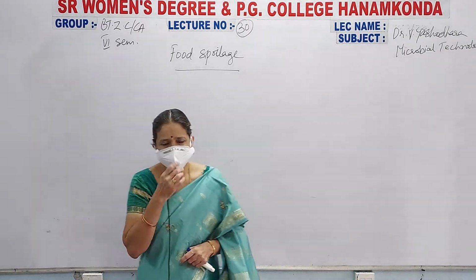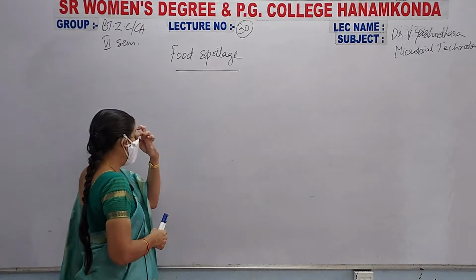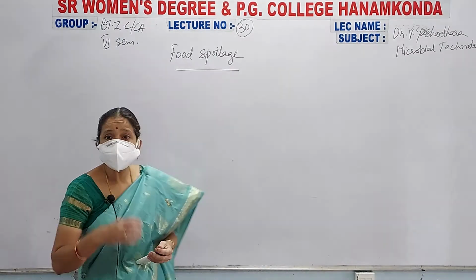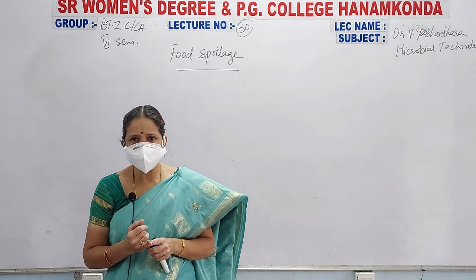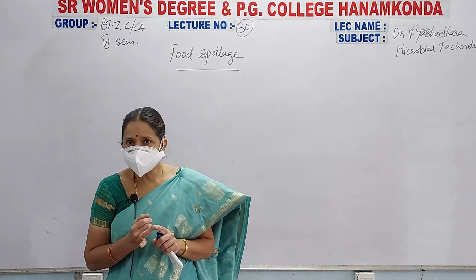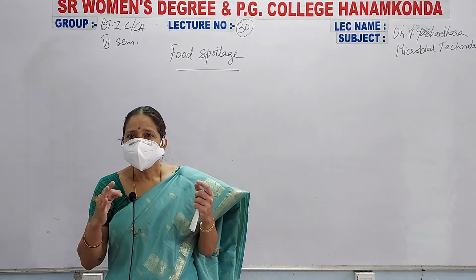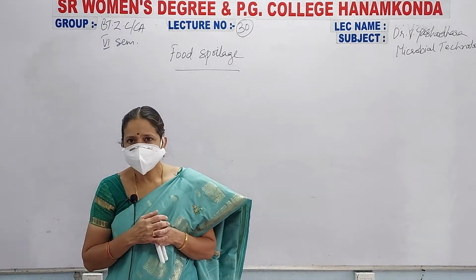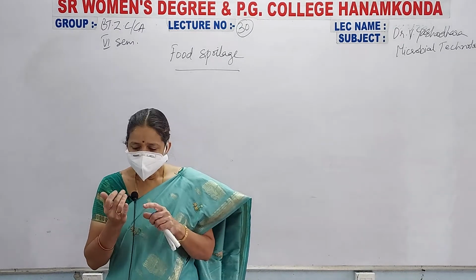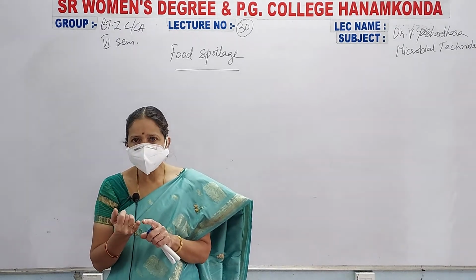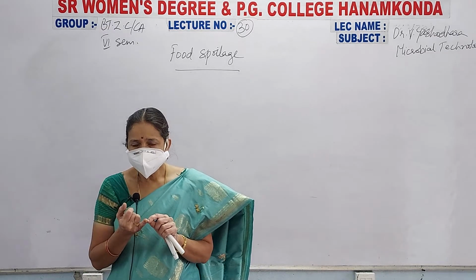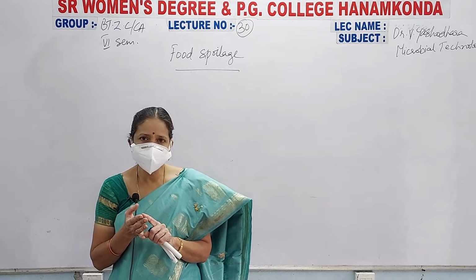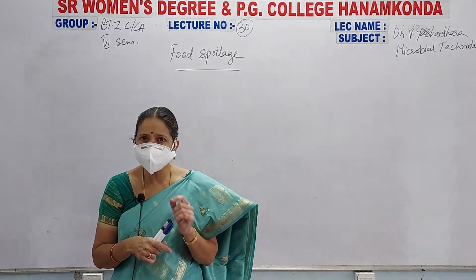And in this food spoilage, see here, food spoilage can be identified by means of its smell, its taste, next its structure, or you can call it its texture. See here, by touch. So food spoilage can be identified by means of the smell of your food, taste, touch and texture of the food. Based on all these you can say that the food got spoiled.